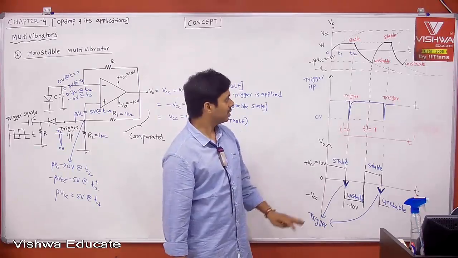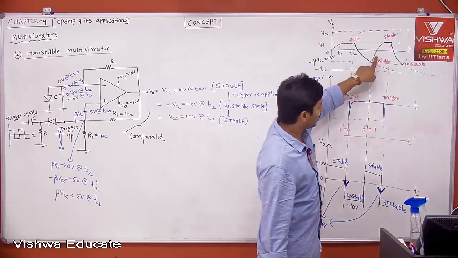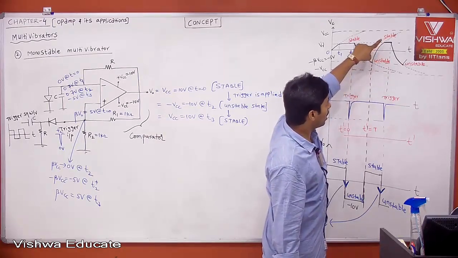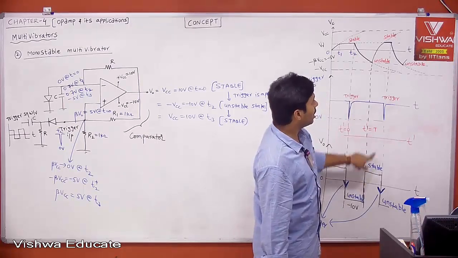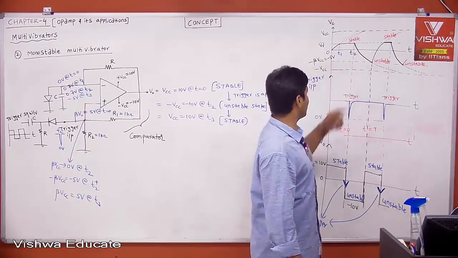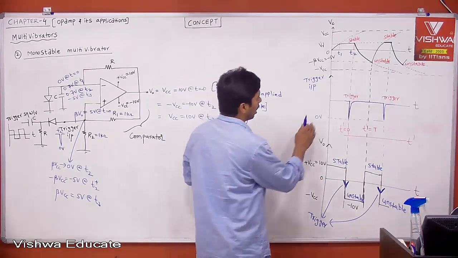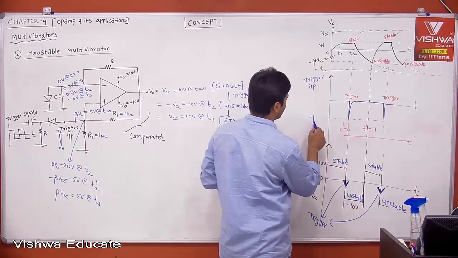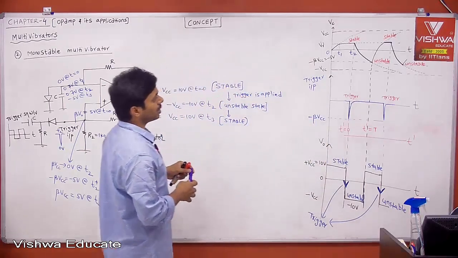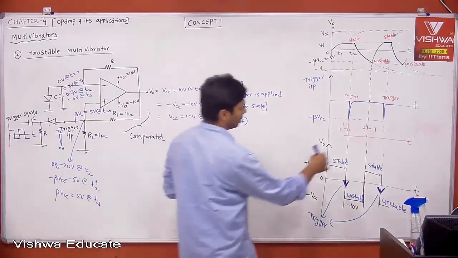In this scenario, I have taken this as 0 volt. But if you want to apply a trigger here, wherever you want, whenever it is entering the stable state, then remember we have to pull it to a negative voltage, which is less than minus beta VCC. Therefore, instead of 0 volt, I can say this is minus beta VCC. We have to pull it to minus beta VCC. If you pull it to minus beta VCC, then we can change the stable state